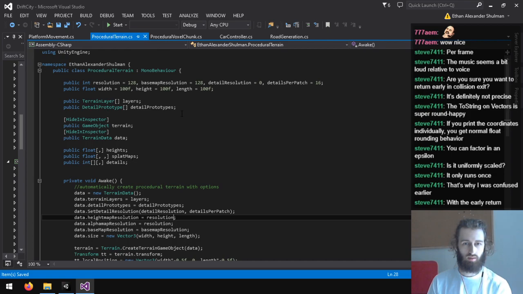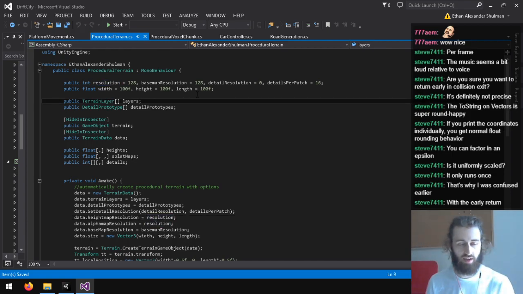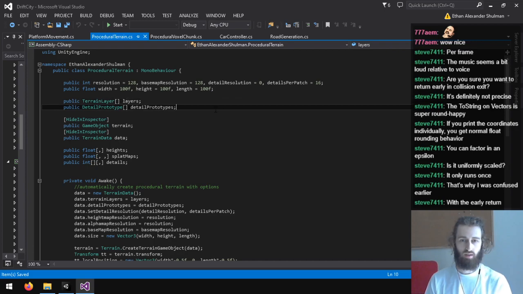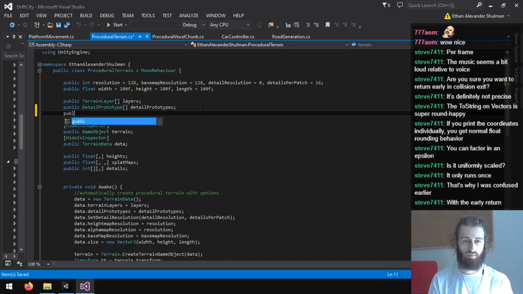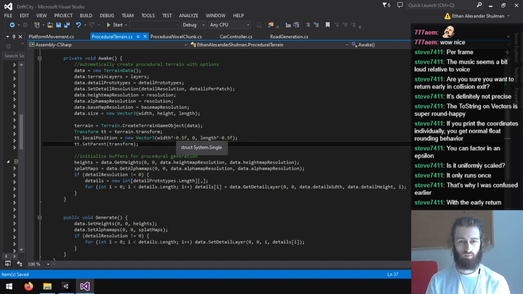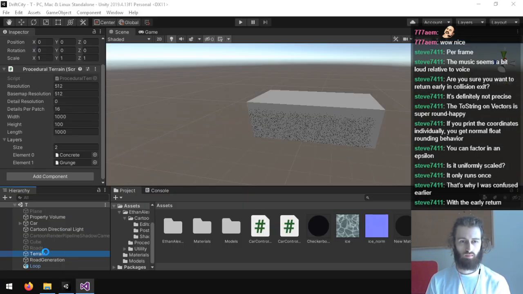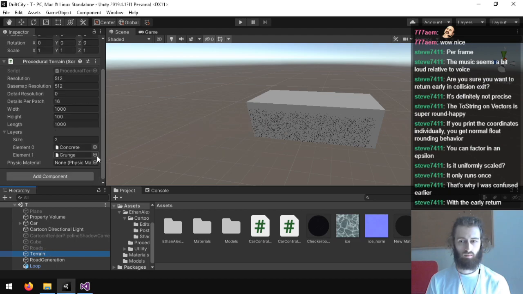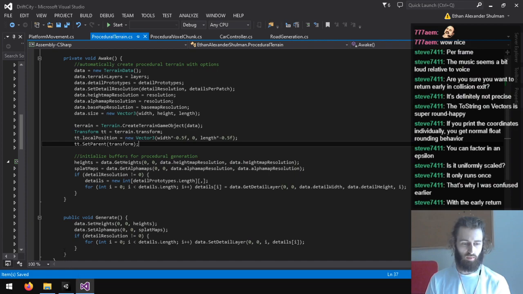Hold on, I think I can set up the physics layer here in the procedural terrain just right here. I just need to do... It would be cool if you could do different physics materials depending on the splat map. Now, where do I set this again?